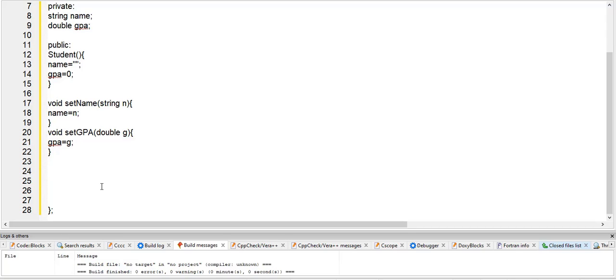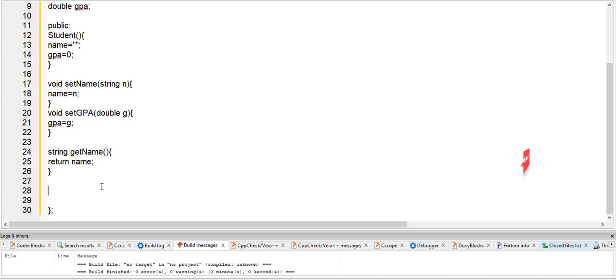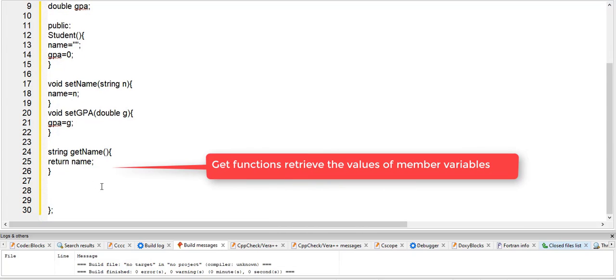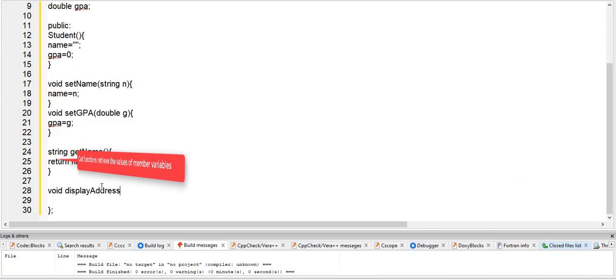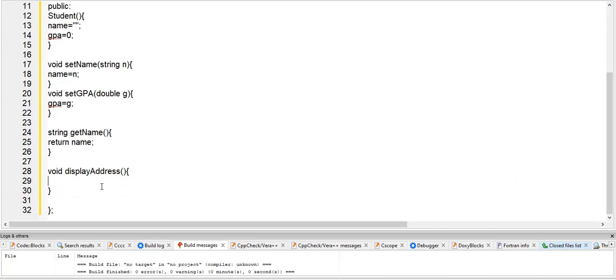So we can write string, so just get name, and then we can take a look at a function that displays the value of the pointer. So we can have a void display the address of the this pointer. So we can write cout